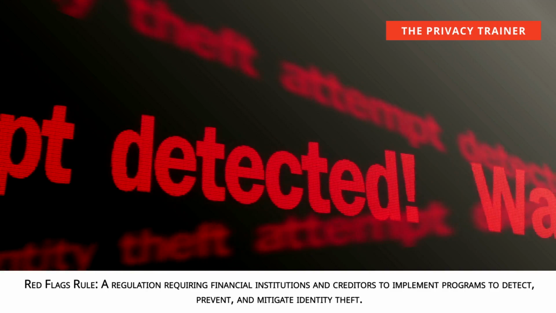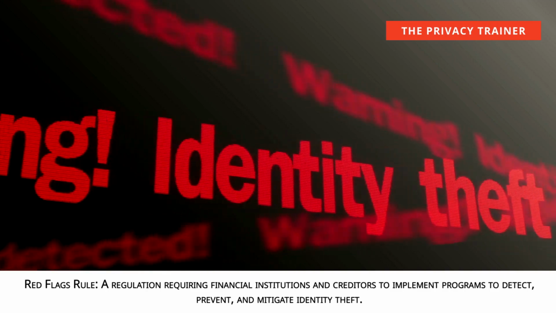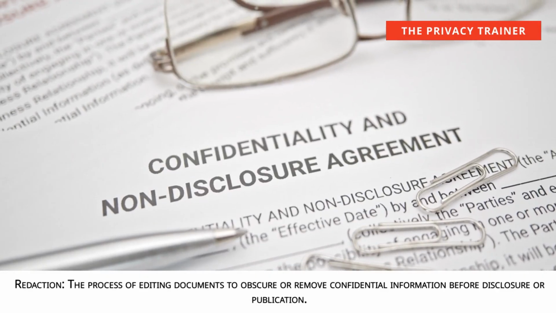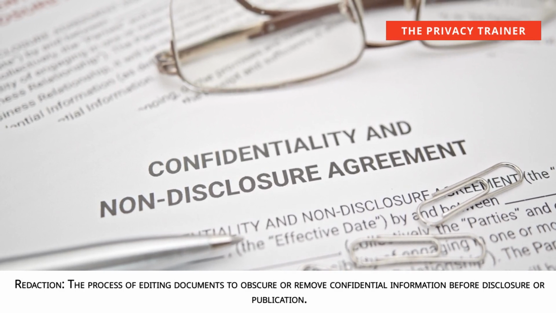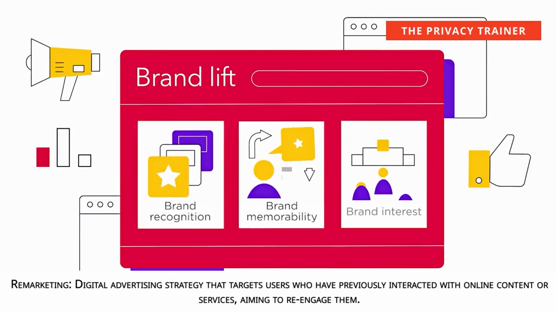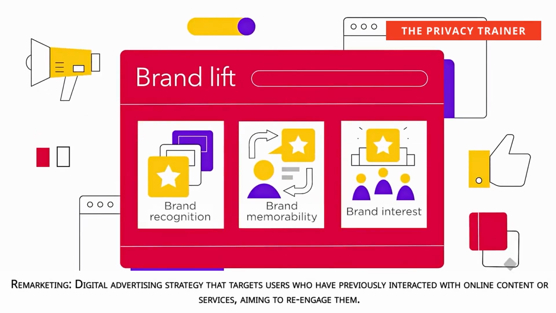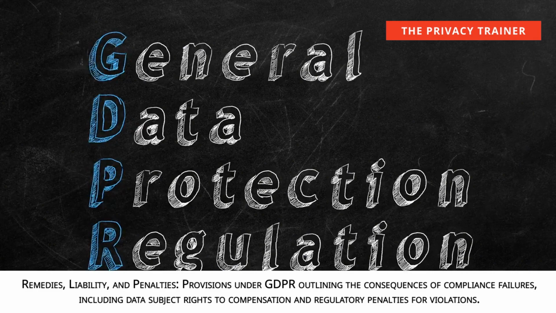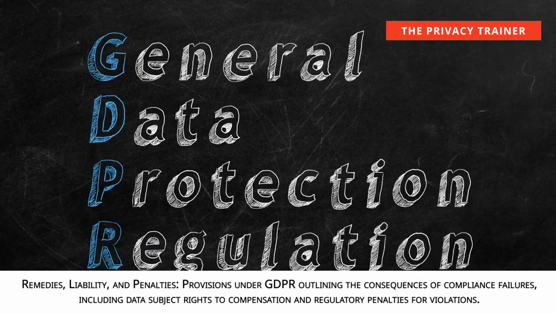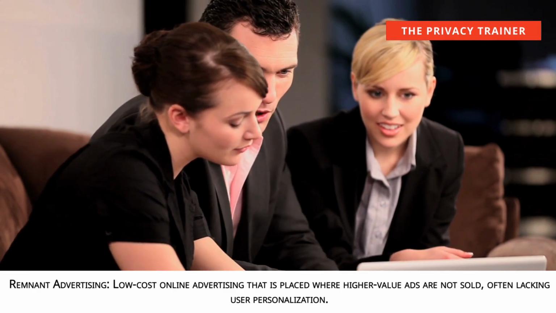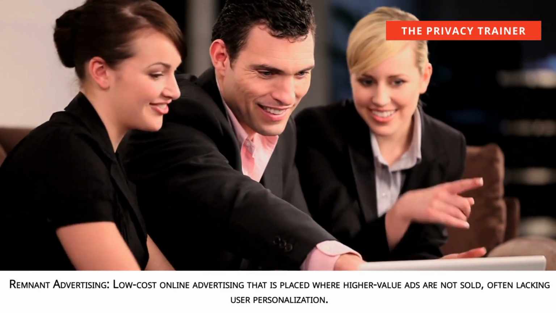Red flags rule, a regulation requiring financial institutions and creditors to implement programs to detect, prevent, and mitigate identity theft. Redaction, the process of editing documents to obscure or remove confidential information before disclosure or publication. Remarketing, digital advertising strategy that targets users who have previously interacted with online content or services, aiming to re-engage them. Remedies, liability, and penalties, provisions under GDPR outlining the consequences of compliance failures, including data subject rights to compensation and regulatory penalties for violations. Remnant advertising, low-cost online advertising that is placed where higher-value ads are not sold, often lacking